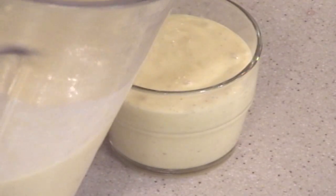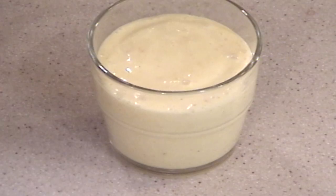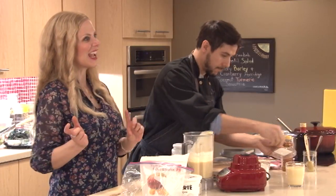Did you know smoothies are the time that they're most searched for on Google, smoothie recipes, is in the winter? Isn't that surprising? Because after the holidays, people want